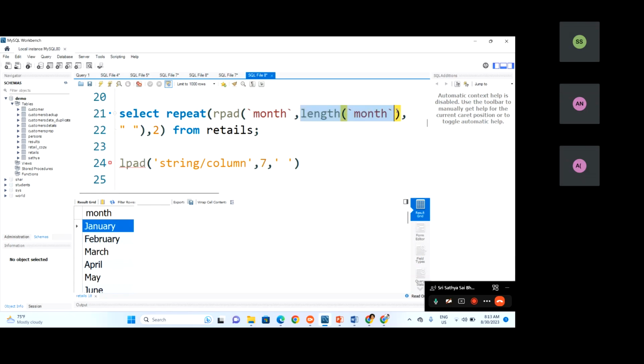If I replace the 7 with this function, then what will happen? The exact number will be returned. Whatever the number of characters we have, that many characters will be written. For example, here